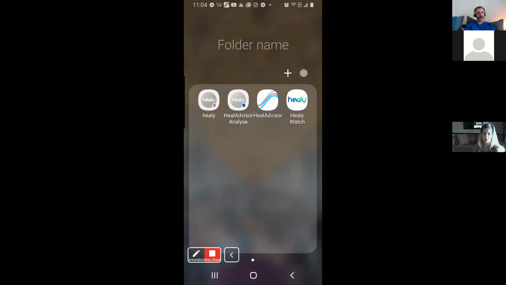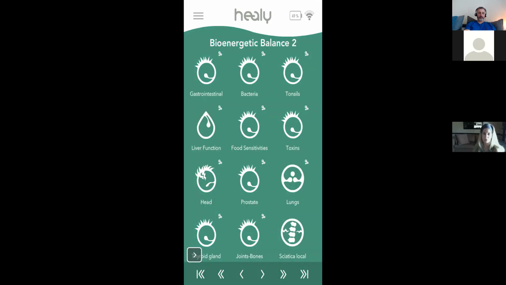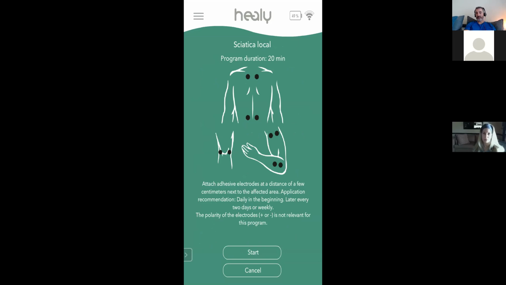All right. So I go back in here, Bioenergetics 1 and 2. You know, lung program is great. Sciatic local comes up for me sometimes. So if you pull that up, you're going to need to put it on your sciatic. Again, the sticky pads from Healy will work. If you're very active, though, sometimes they don't stay on very well. The 3M sticky pads, I promise you, they will stay on. You can take like 3 showers and they're still there, right? So sometimes it's actually quite inconvenient to try and get all the sticky stuff off your body.